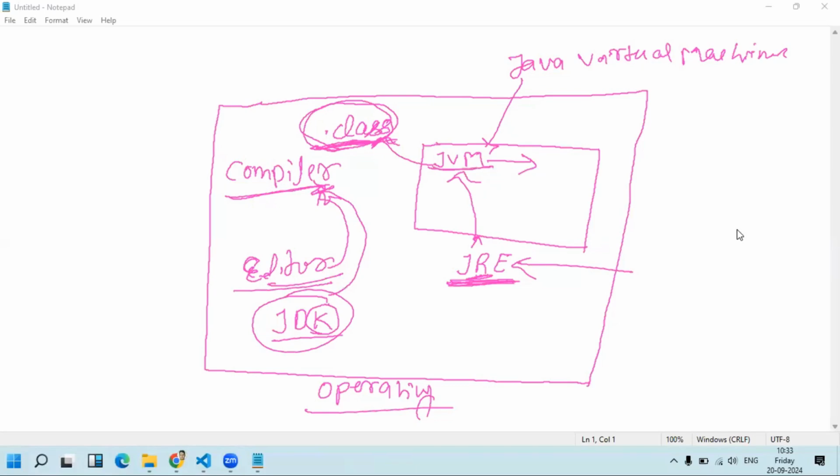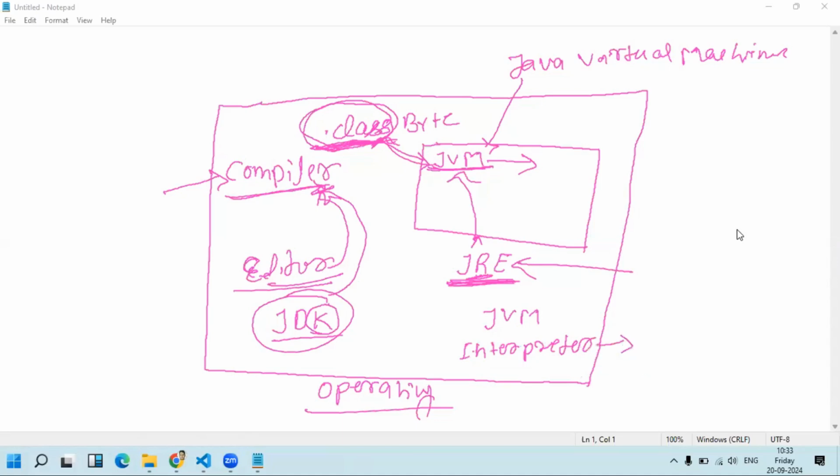So this .class file, as I told you earlier, has the bytecode. The JVM understands this bytecode, and the bytecode gets executed here. So how does this JVM work? Let's discuss how the JVM is working. We have two things here: the compiler, but the JVM makes use of an interpreter. What does the interpreter do?